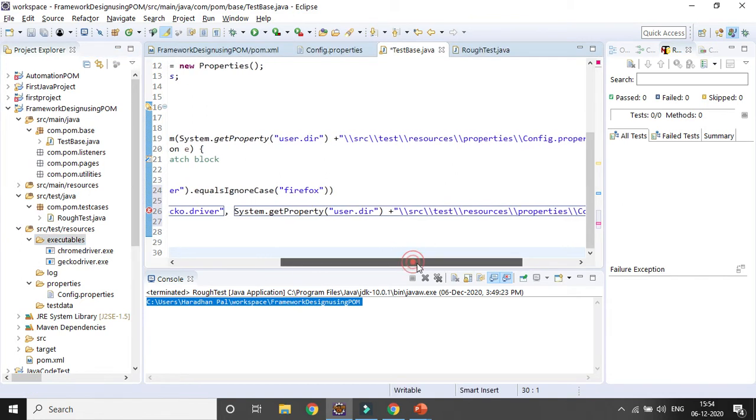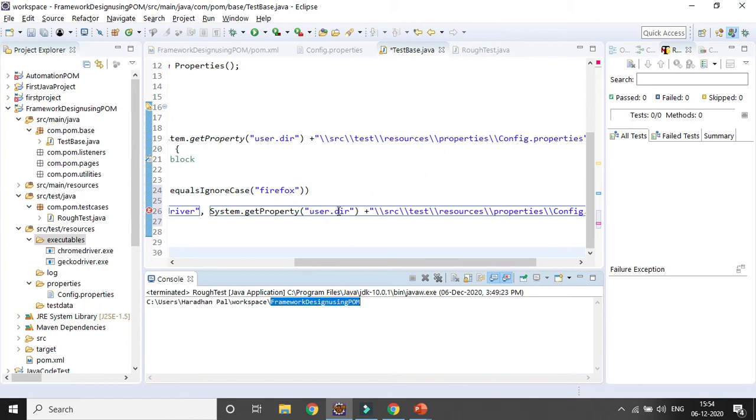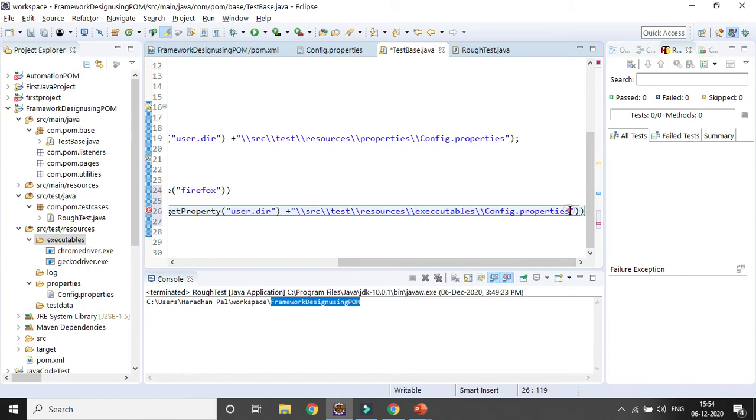So that project I already got through System.getProperty user.dir. And then till that part src I already gave with the concatenation, then test, then resources, then here instead of properties I will be giving the executable folders, and then the name will be geckodriver.exe.